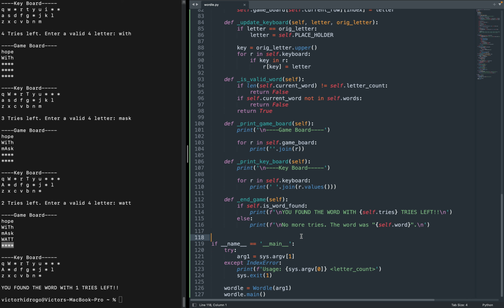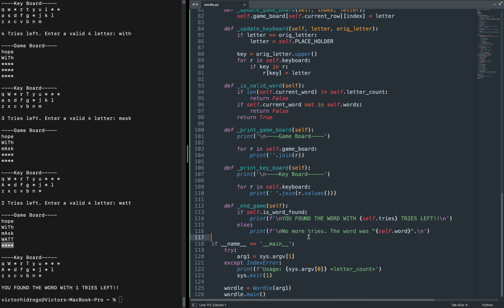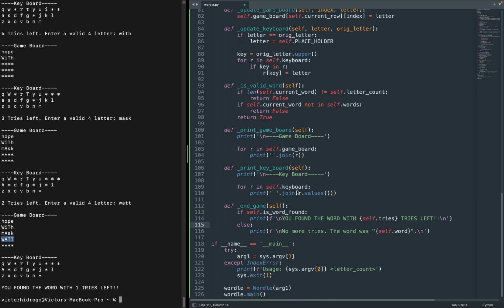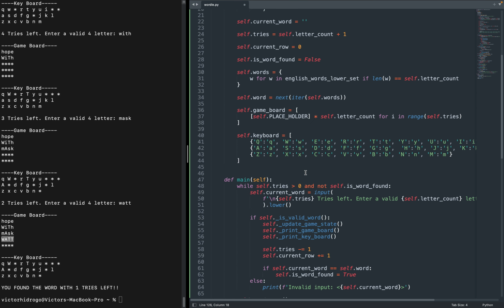So yeah, that is essentially everything we needed to do to play the game with between 4 and 7 letters. We have our game board, our keyboard. They update to kind of guide us along the way to guess the correct word. So we have those different differentiations in the game, and we were able to accomplish that with these 126 lines